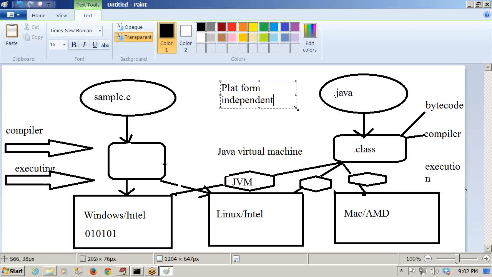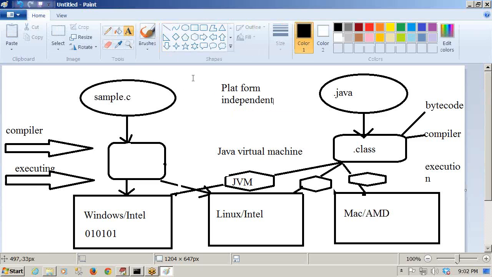Whereas the programs in programming languages before Java, and the applications developed using those languages, are platform dependent. And Java programs are platform independent. What is the meaning of platform independence here? Platform independence is nothing but I write my program, and the intermediate file which is generated is not dependent on any platform. It is simply independent of all platforms, and you can run this file on any platform. That is the meaning of